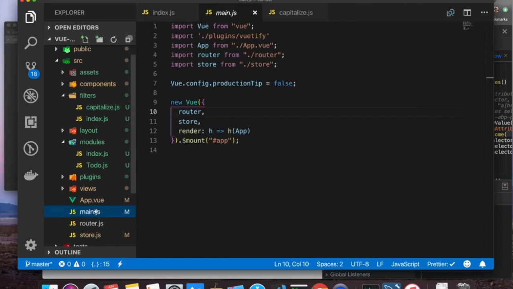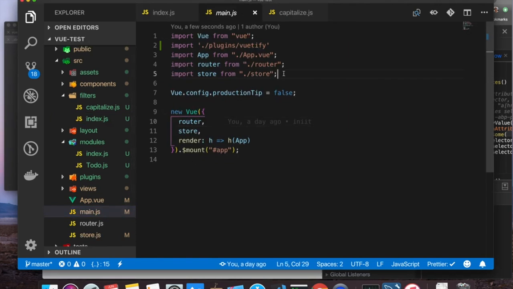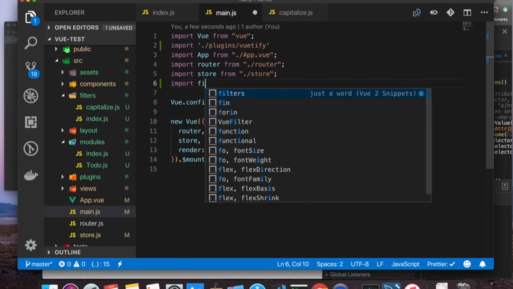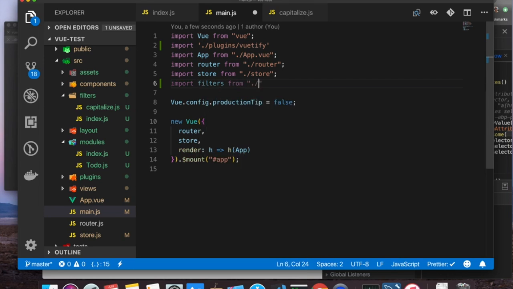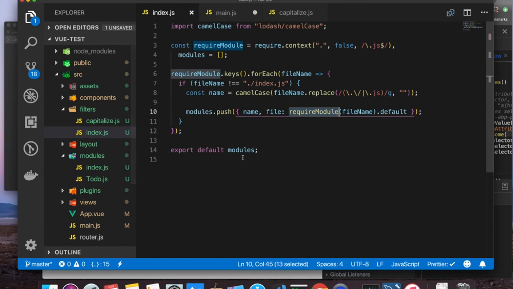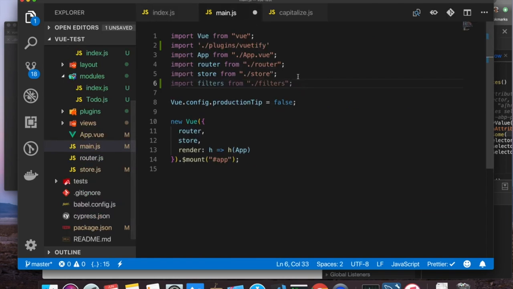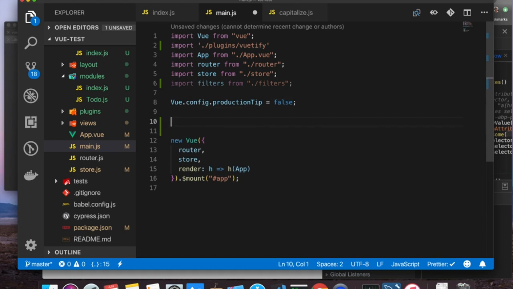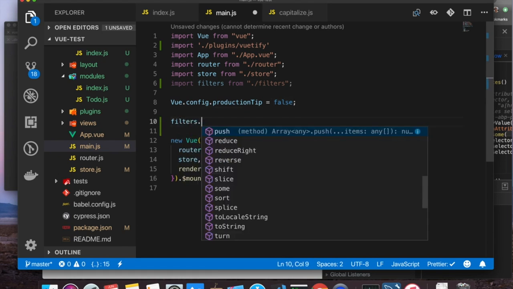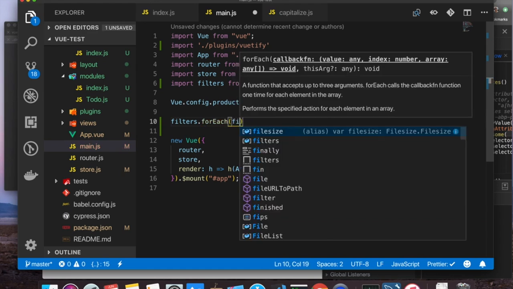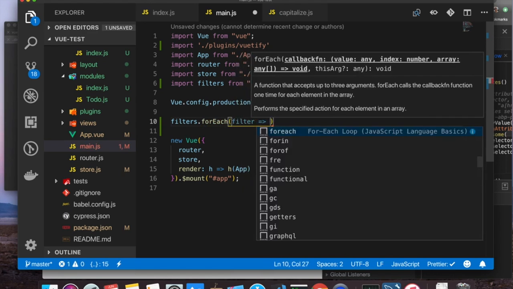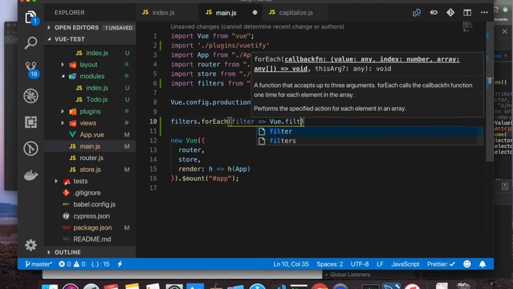So in our main.js here, what we're going to do is import filters from ./filters. That just automatically exports the index file. So our export default of the index file is our modules, which is the array. Then we're going to come down here, make a little space, and we're going to do filters.forEach filter, and it's super simple. It's just Vue.filter,